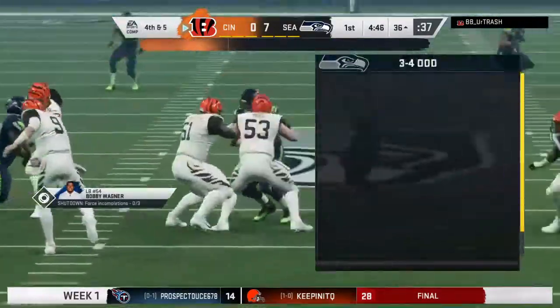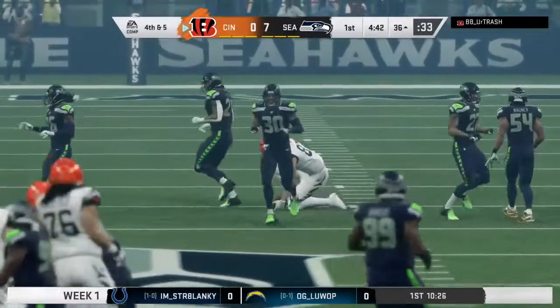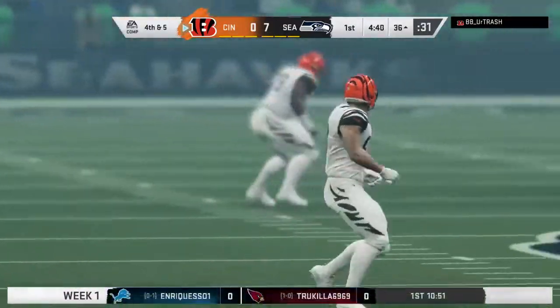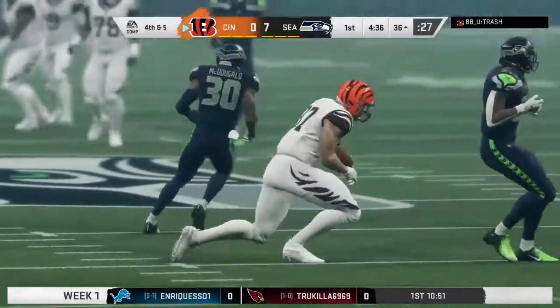A heck of a play there on 3rd down, but amazingly, they're still short for 4th. I don't know how many times, not just in my playing career, but you and I working together, have we ever heard a coach